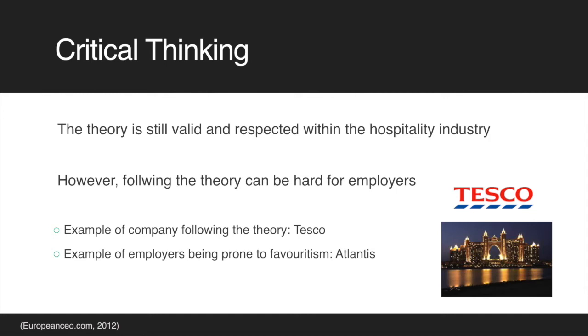Moving on, as an example of employees being prone to favoritism, we can see an example at Atlantis The Palm, Dubai, from our own experience as an intern. It has certain SOPs regarding employees' growth within the company. However, it is common that those benefits are not distributed evenly among all members. This can be discrimination due to age, race, or simply favoritism. This can lead to unsatisfied employees, who are careless, which will definitely impact the work environment.